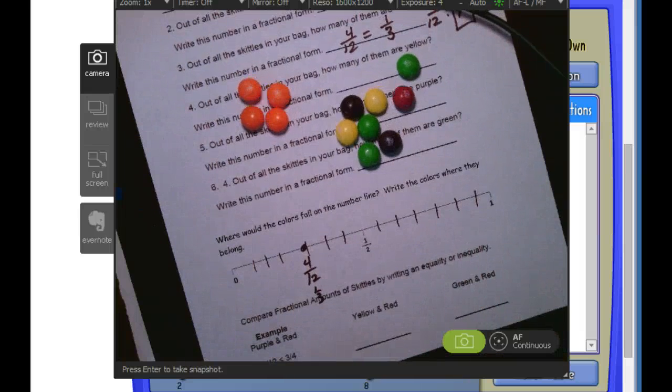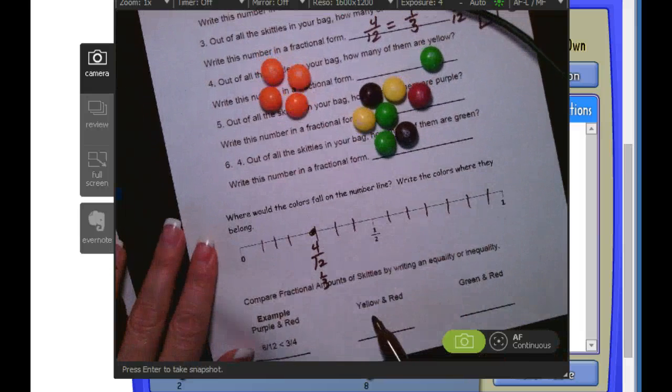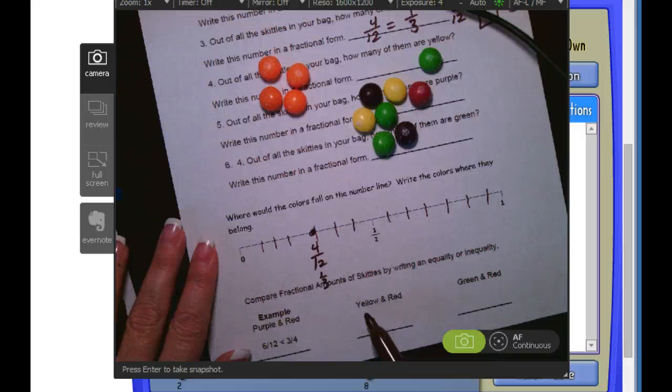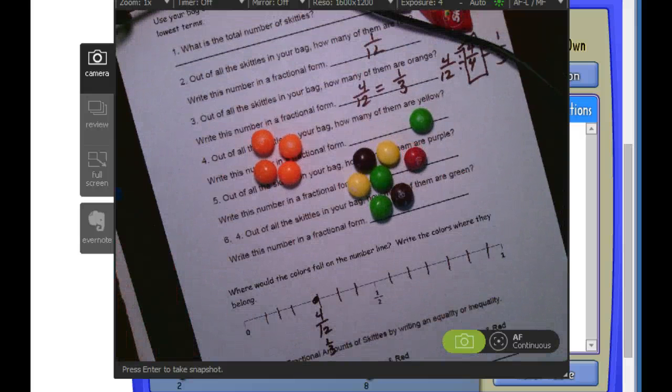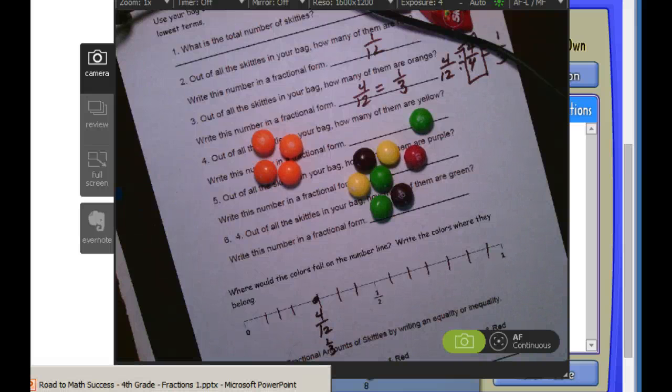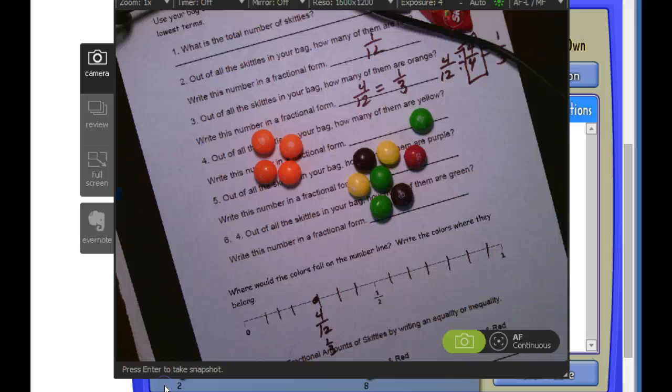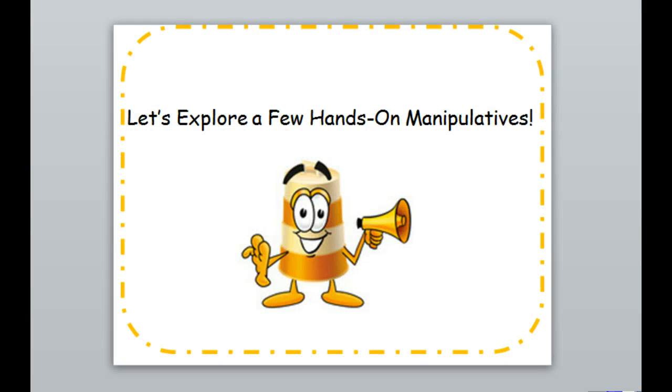And then next week we're going to start comparing fractions. So you could compare the number of yellow to red and compare those fractions to see what is more. So I hope you enjoy these activities. I'm going to head back to the PowerPoint so that we can go through and just talk about the big